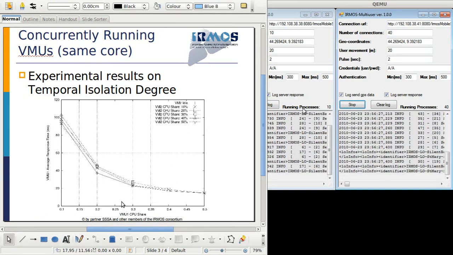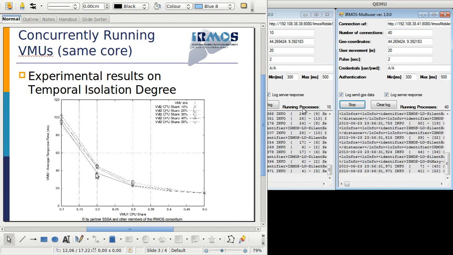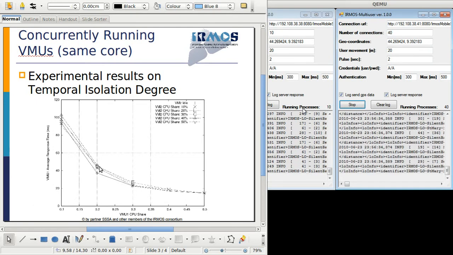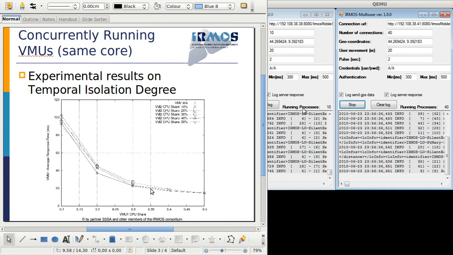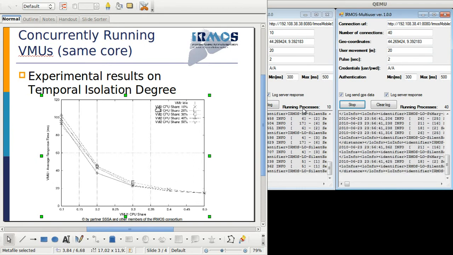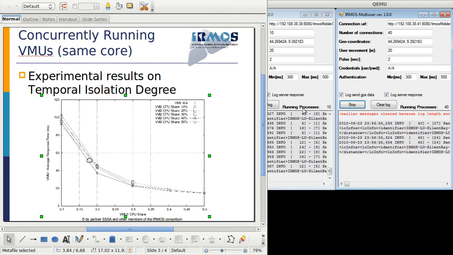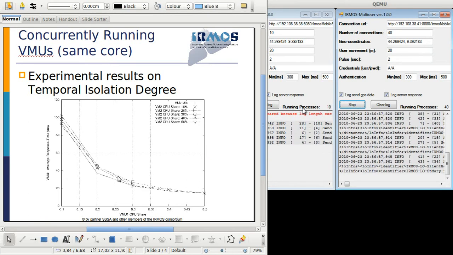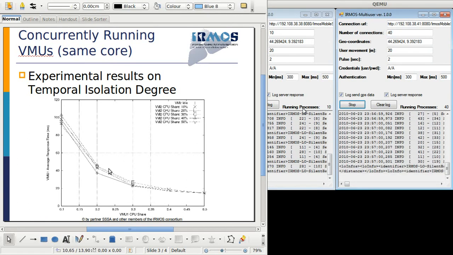As we can see, under the use of the real-time scheduler, the response times are only slightly increased as compared to what happens when the second, disturbing virtual machine is idle, which is the bottommost curve here. And so basically we have a good deal of isolation between the two virtual machines.